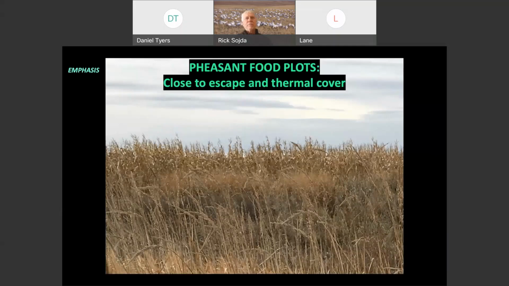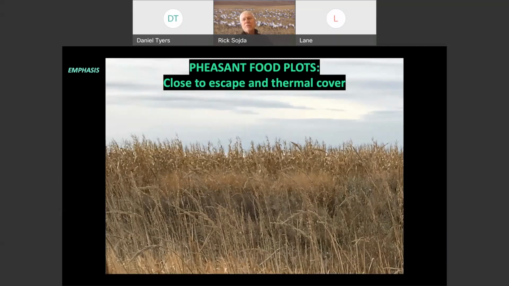Pheasant food plots should be close to escape and thermal cover. In the front, you can see the grasses, and then right in the back there, you see the corn for the food. This is on BLM ground just east of Billings. But what you can't see in the picture, which is just as important, behind that corn is the Yellowstone River